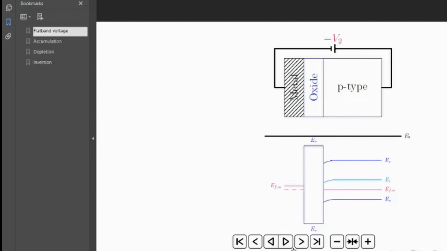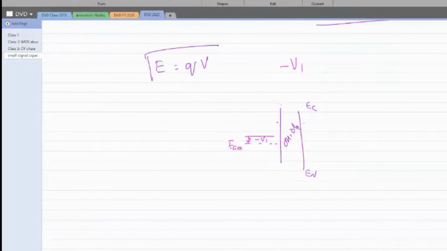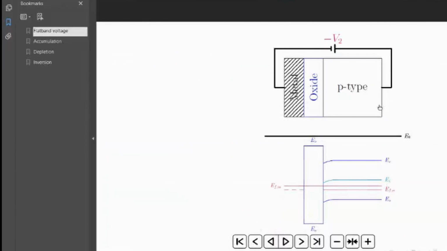Now when we apply more negative voltage compared to V1, obviously the energy level of our metal shifts higher. And the Fermi level of the silicon never wants to align after that, because the p-type semiconductor has been attached to a reference voltage, and we are not varying that reference voltage. The energy is basically Q times the voltage, and the voltage across the p-type semiconductor is never modified. So the conduction band, valence band, and intrinsic Fermi level across the bulk stay the same, including the Fermi level of the silicon. Clear?